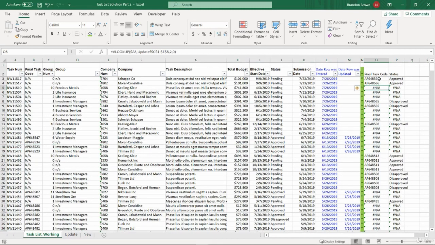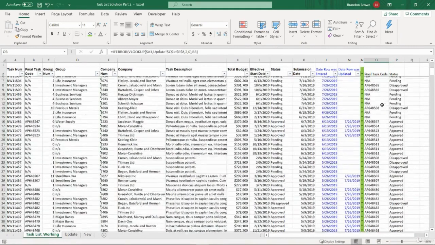So we are going to do IFERROR, then just take the one that's already there. Or if error, then just take this one. And pull the same thing over here, but change this to the third column, of course. I want the status right here. So those should remain the same, but then this should stay pending and NA. Perfect. So if we pull that down,